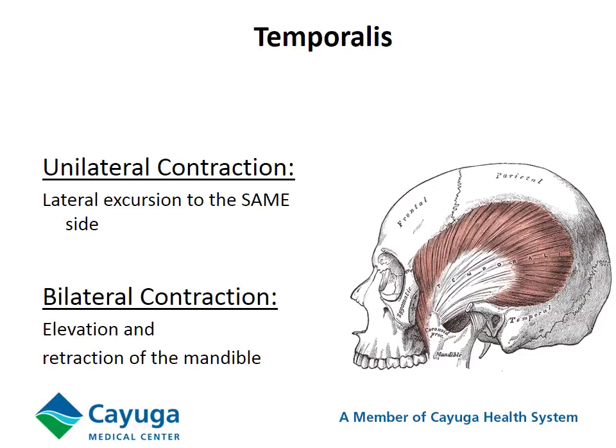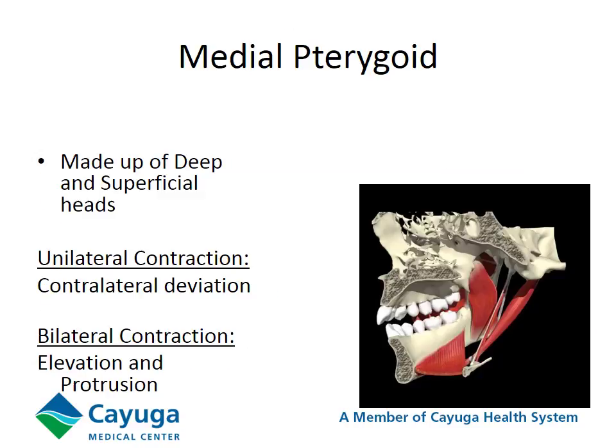The temporalis muscle. A unilateral contraction will cause lateral excursion to the same side. Bilateral contraction of the temporalis will cause elevation and retraction of the mandible. The medial pterygoid. Made up of deep and superficial heads, a unilateral contraction will cause contralateral deviation. Bilateral contraction will cause